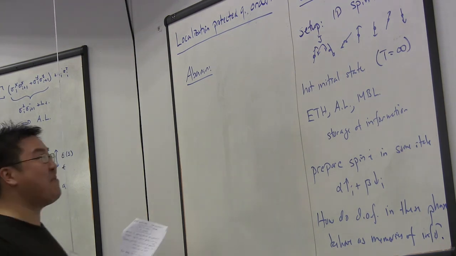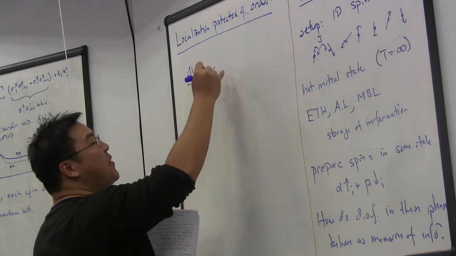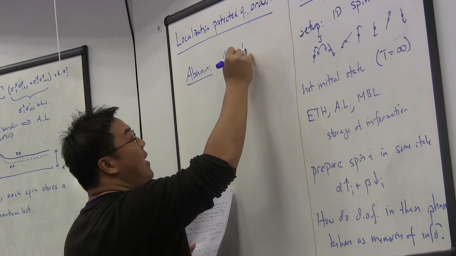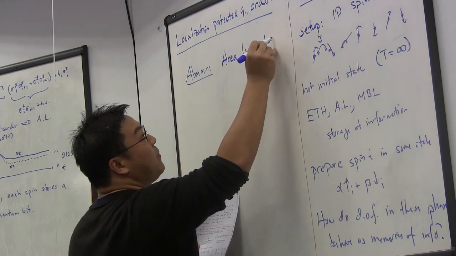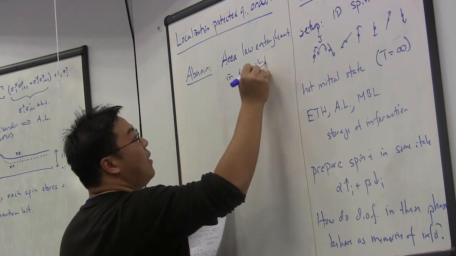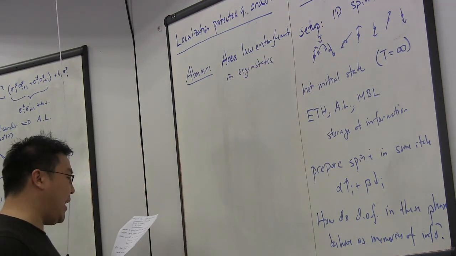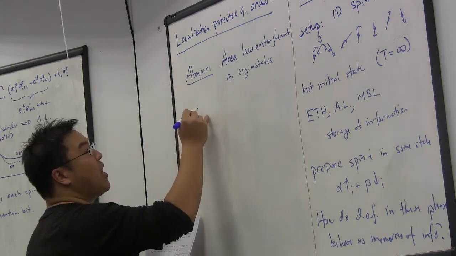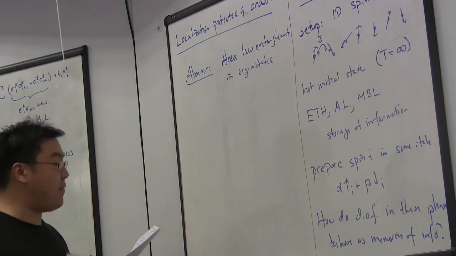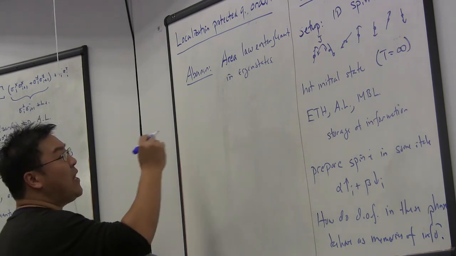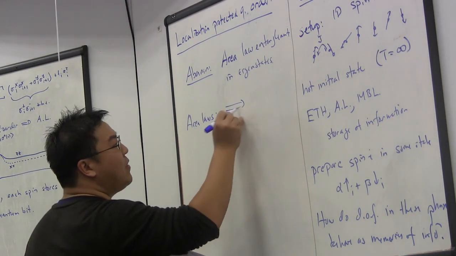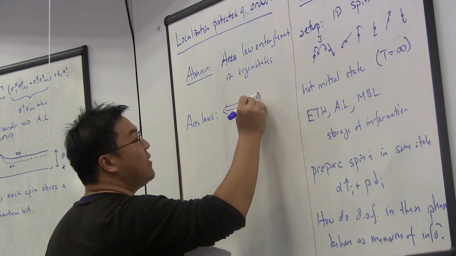So remember what Professor Dima Abanin emphasized: one of the special properties of many-body localized eigenstates is that we have area law entanglement in eigenstates. And what Dima emphasized is that usually, so maybe there's a couple of references, well, the references are in my notes, you'll find the notes online, so I won't write down all the arXiv numbers. The other place where we often see area laws is typically in the context of gapped ground states.